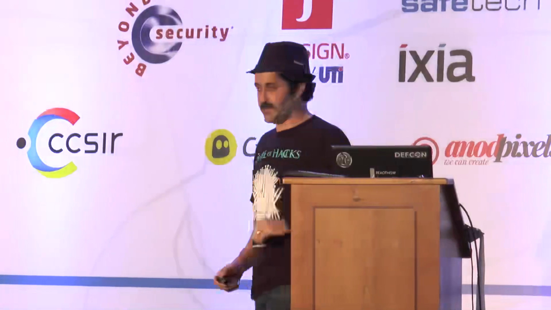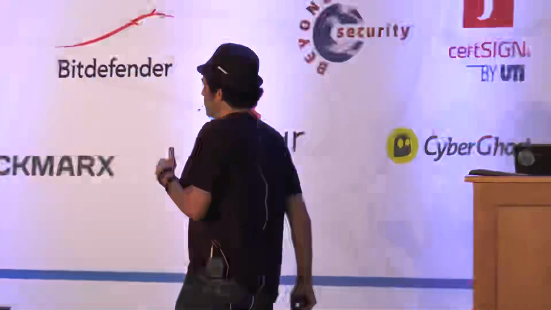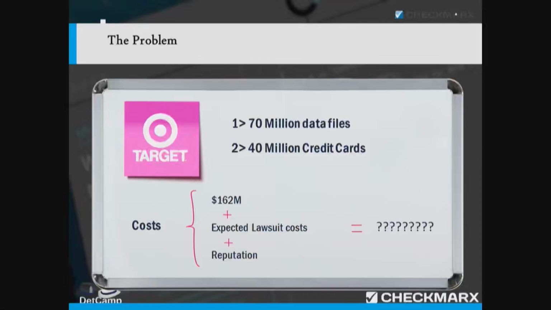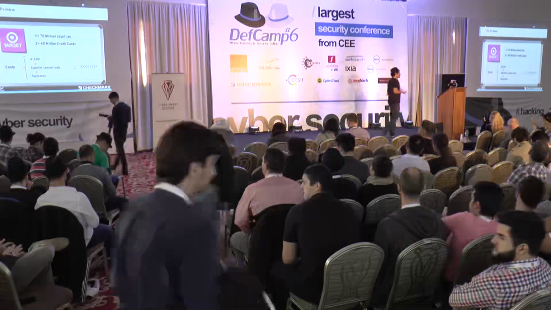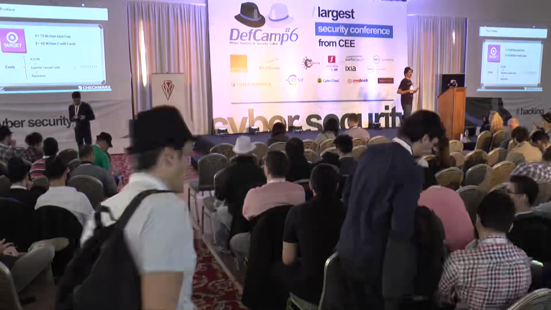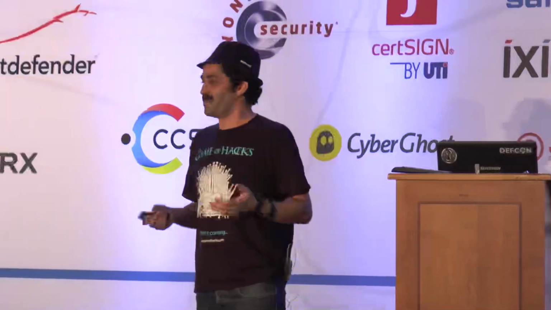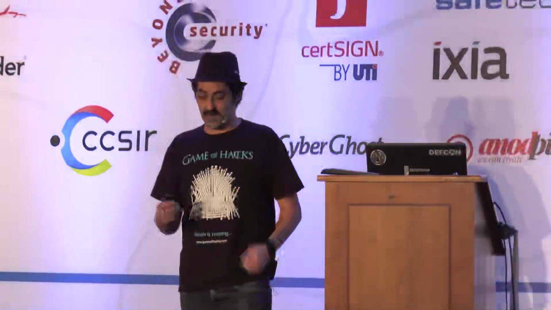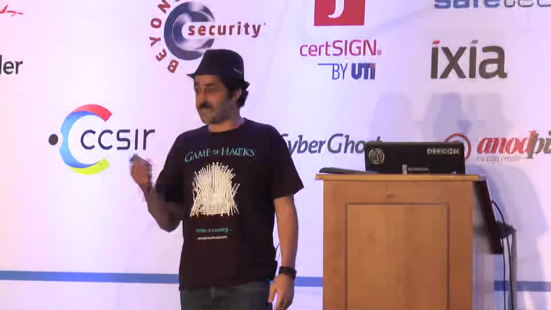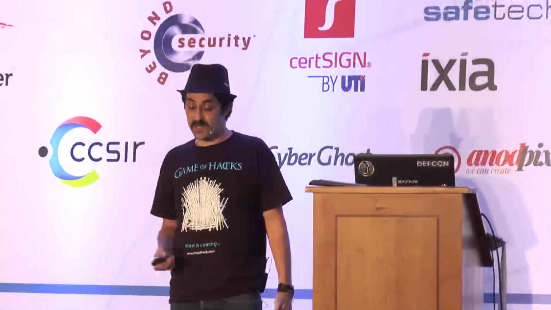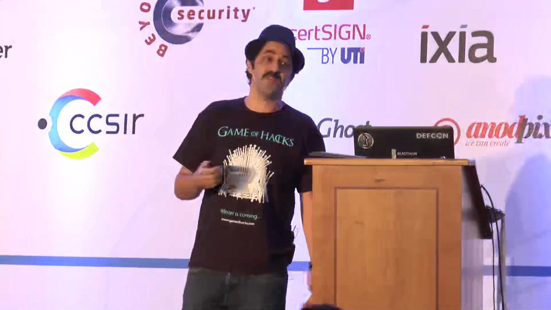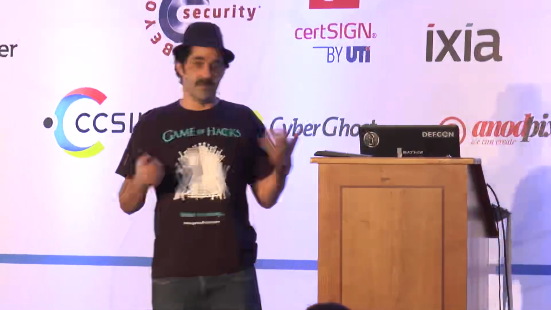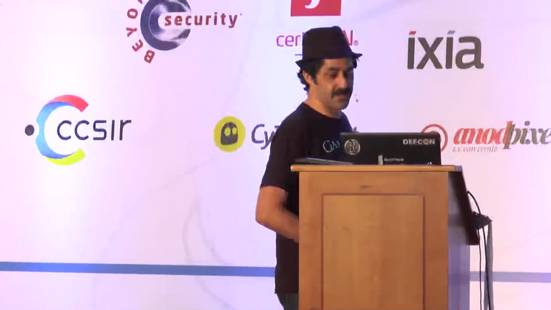And let's start. So what you see at the moment is kind of what we're talking about, the problem. So the problem is people hacking into large organizations in different means, different ways. But the bigger problem, which is why security became such a big thing, is because it costs a lot of money to these organizations. If you look, for example, at Target, just the costs of the data they lost was $162 million just for the data, and then they have the lawsuits and the reputation that they've lost, and all of that has kind of cost them probably a few hundreds of millions of dollars.